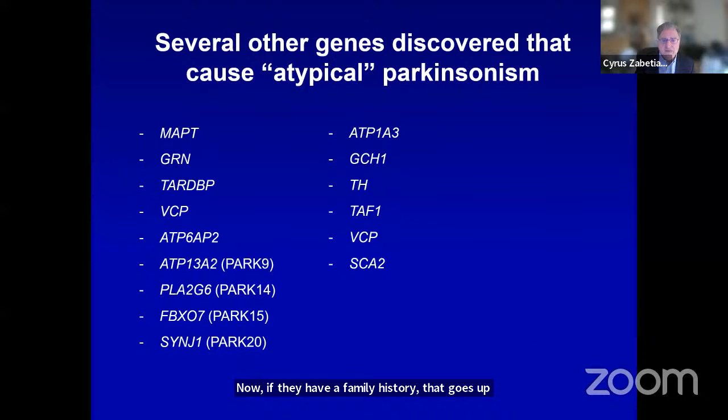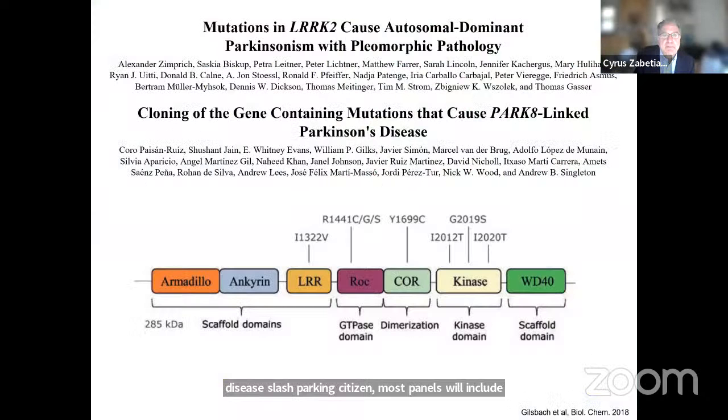And then there are a number of genes. This is not fully inclusive, but there are at least 15 to 20 genes where the patients have a neurodegenerative form of Parkinsonism, but it usually doesn't present phenotypically as pure PD. It usually presents as atypical Parkinsonism and occasionally can mimic PD fairly closely. And so when you're testing, as I'll talk about later, for Parkinson's disease or Parkinsonism, most panels will include all of these genes, or many of them.